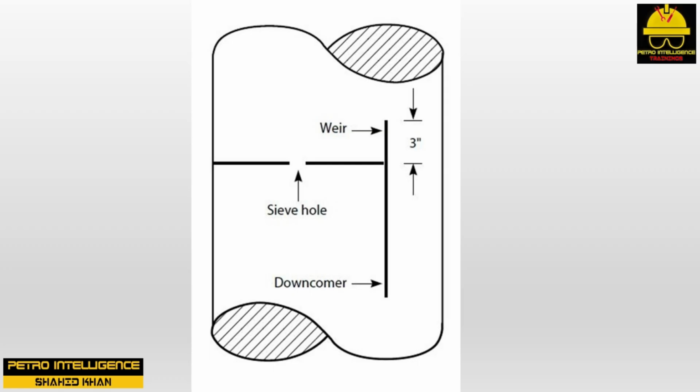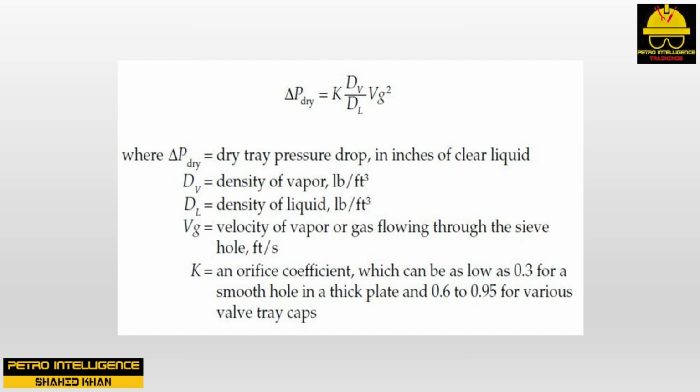Dry tray pressure drop. For the force of the upflowing vapor to stop the liquid from leaking through the sieve hole shown in picture, the pressure drop of the vapor flowing through the hole has to equal the weight of liquid on the tray deck. The weight of liquid trying to force its way through the sieve hole is proportional to the depth of liquid on the tray deck. The pressure drop of the vapor as it accelerates through the sieve hole is